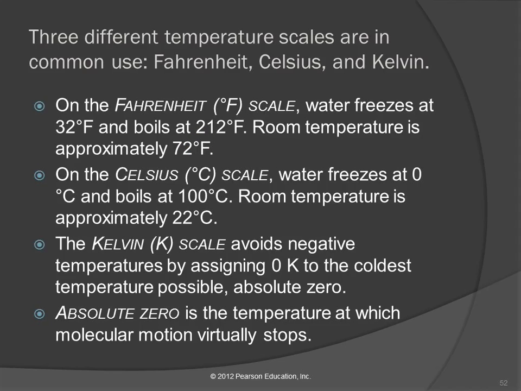Is this a metric scale? Nope. Weird numbers, huh? English units always have these kind of random numbers. The Celsius scale is also sometimes called the centigrade scale, which means hundredths of a gradation. On the Celsius scale, water freezes at 0 and boils at 100. That sounds more metric, doesn't it? And then room temperature would be approximately 22 degrees. The Kelvin scale,